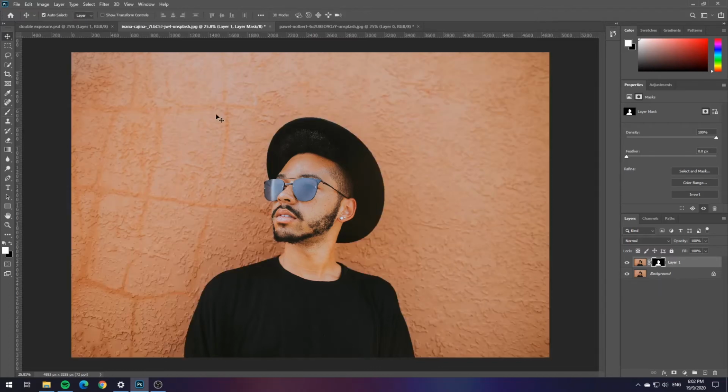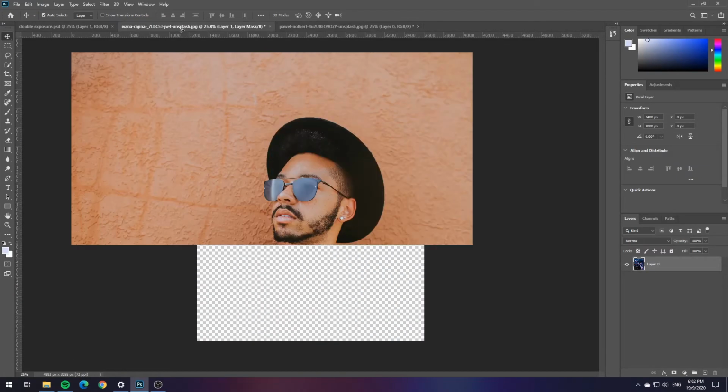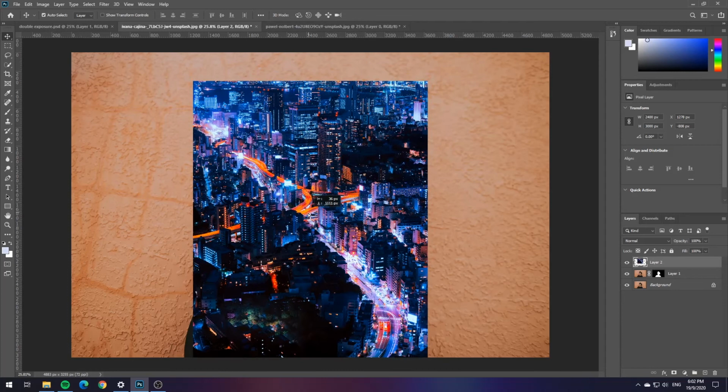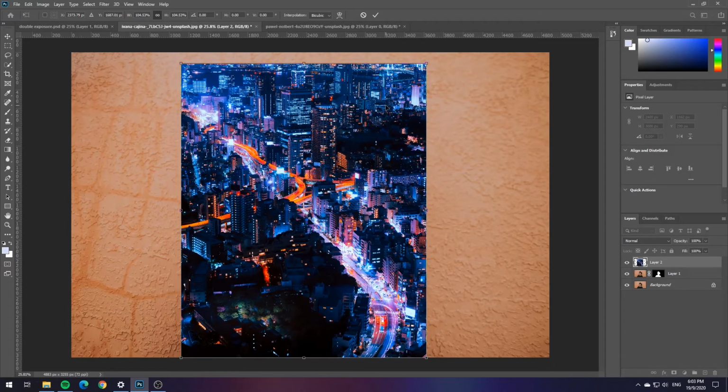Then we're gonna take another image to make this image visible in this person. Okay, first we're gonna go to this image layer and we're gonna change it to screen,